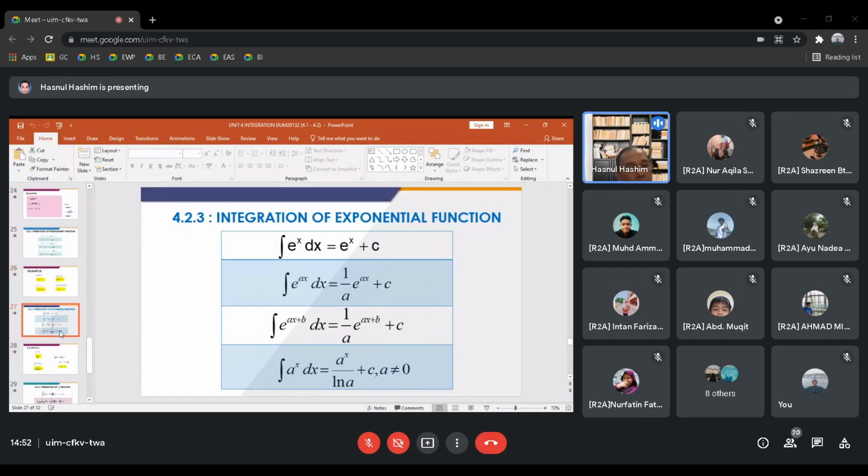Okay, so here you look at the thing here, integration of exponential function. So when we integrate e to the power x, we have e to the power x plus c. When we integrate e to the power ax,